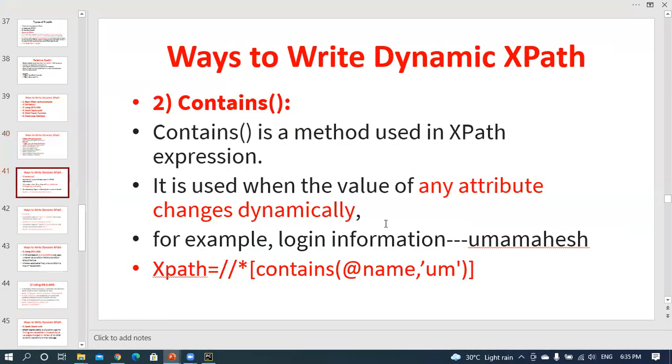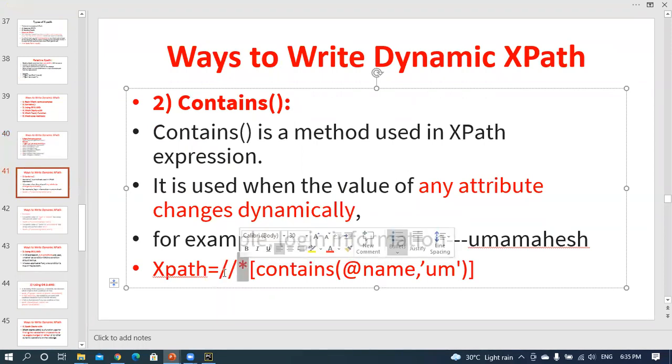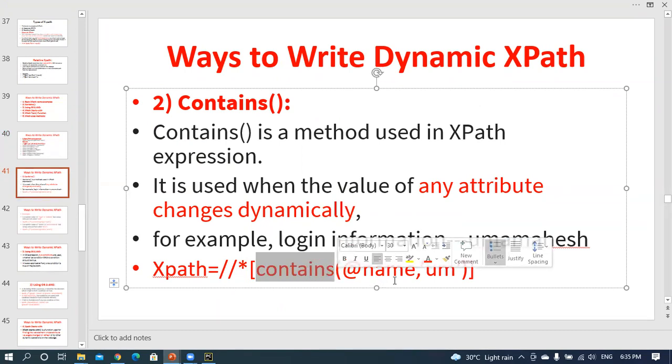Coming to the second kind of XPath, here it is contains. The contains method is used in the XPath expression. For example, the XPath appears like this. Here slash slash star, where slash slash indicates a relative XPath. Star indicates any tag name I am taking. After that, I am using contains at the rate name equal to um.